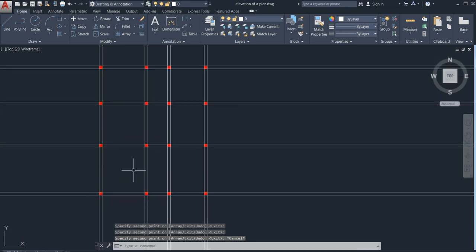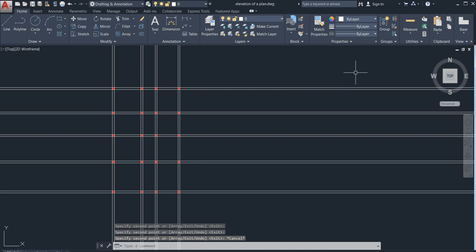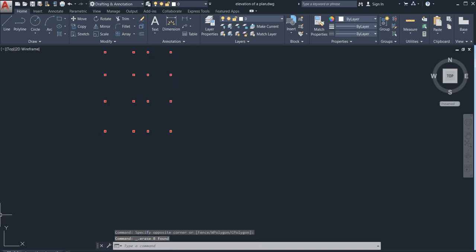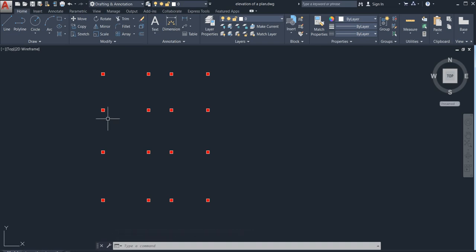See, skip it. And now we do not want this, just go and delete this. We want right now only the columns. So as you can see, this column has been completed.